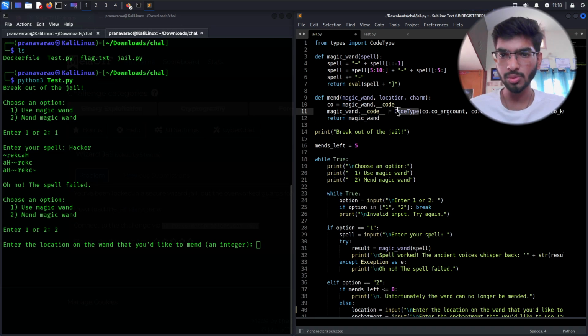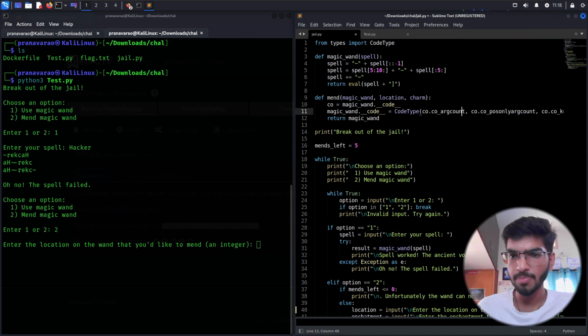It's a function which is going to, what do we say, like import, or it's going to convert another bytes format or something like that. It's going to assign the new bytes to this one, so that's what code type is. And co dot co